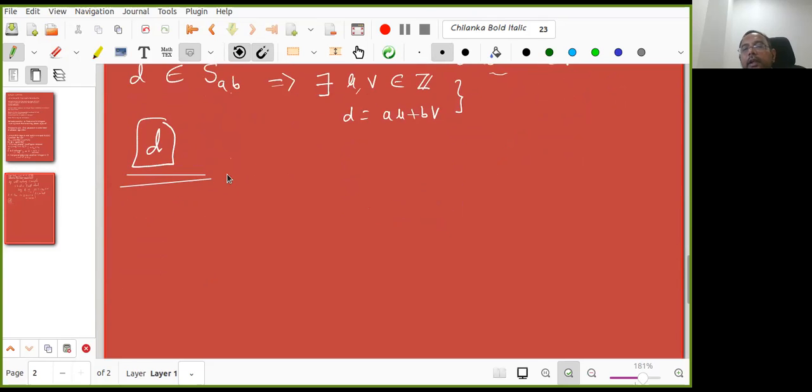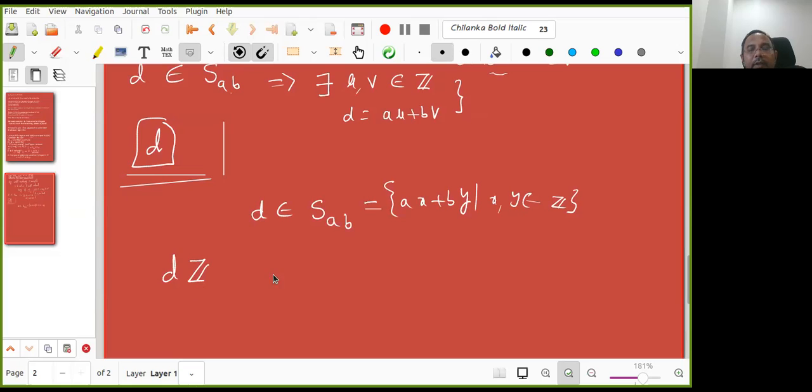Okay. Now I am asking, what is... Ishan, you want to tell that last time also. He is very eager to tell that. That is what we're going to discuss now. So you understood that this is here, which is equal to ax plus by, a set of x comma y in integers. Okay. Now d is here. Now you know dz. What is the relation between this dz and SAB? That is my question. Simple question.